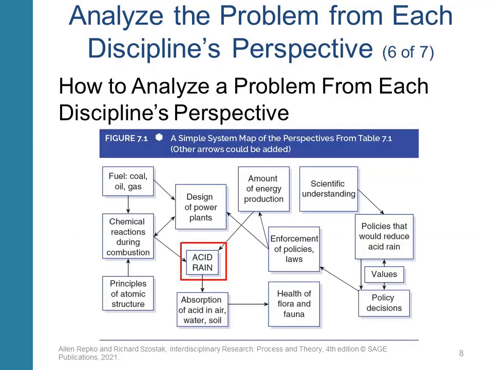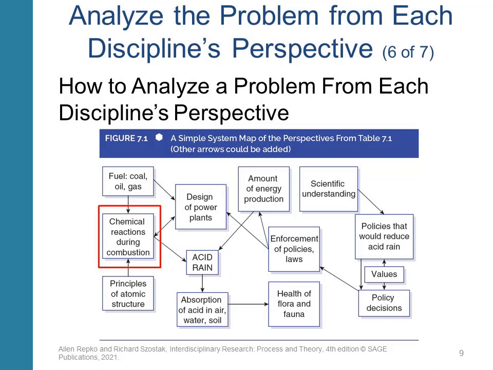Here is an example of a system map. This one focuses on the problem of acid rain. It highlights various components of the problem, its causes and their causes, its consequences and their consequences. It highlights various disciplines as well. We can see here that chemistry, biology, politics, legal studies, environmental studies, and sociology all contribute to the comprehensive understanding